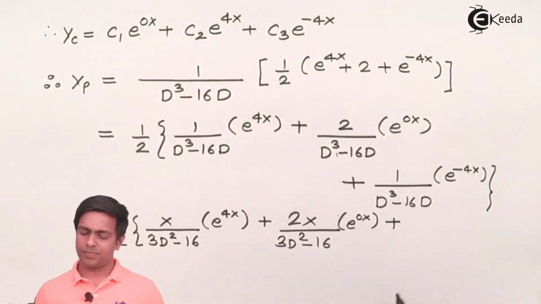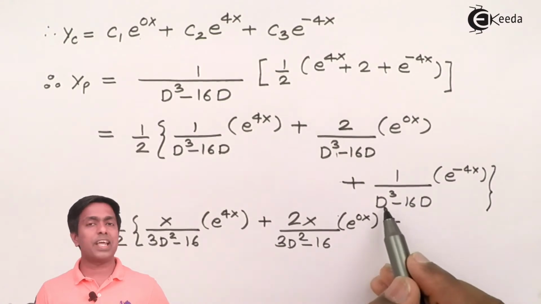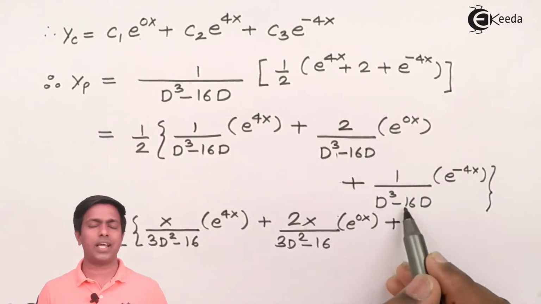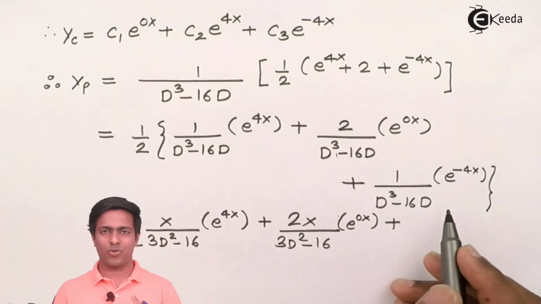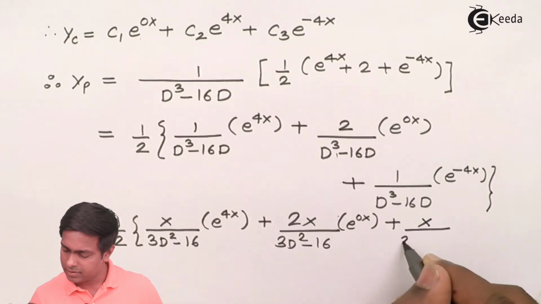Now the last term, here again the value of negative 4, we'll put it here. Negative 4 cube is negative 64, and this is negative 4 into minus 16 is positive 64. So we will get again 0. So it means again we are getting 0, so we have to find out the derivative. So here I'll write x upon,